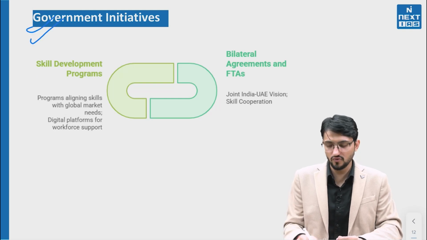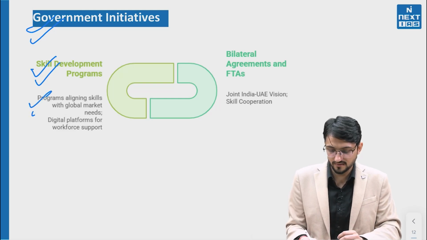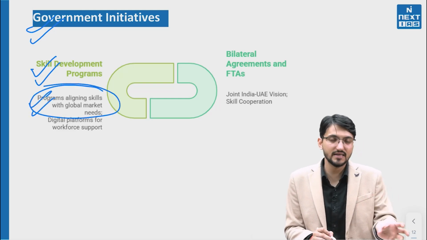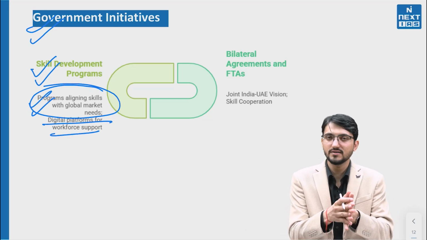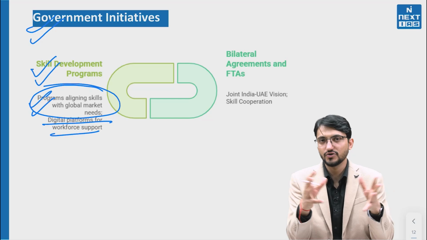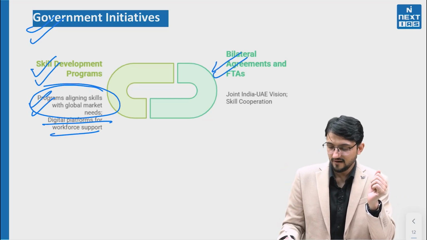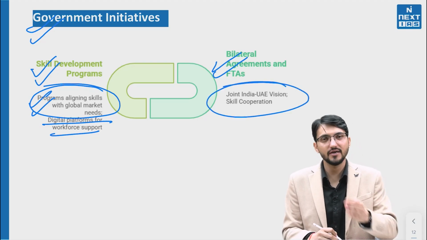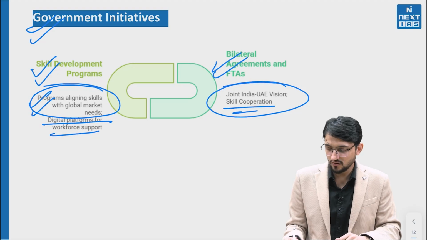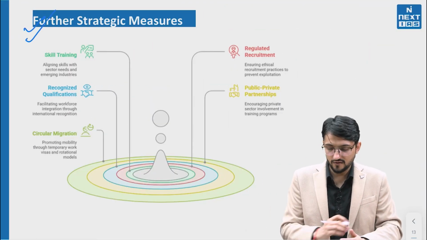What is the government trying to do? The government is running various skill development programs whereby we will align our skills to global needs, and we are giving a digital platform for workers in order to address their trafficking issues, and their safety, security and welfare. We have FTAs and bilateral agreements. For example, we have the joint India-UAE vision on skill cooperation. These are some efforts which are mentioned in the article. What we need is further